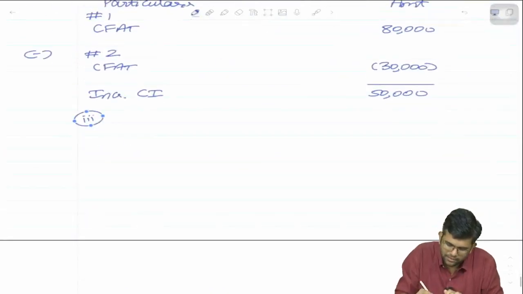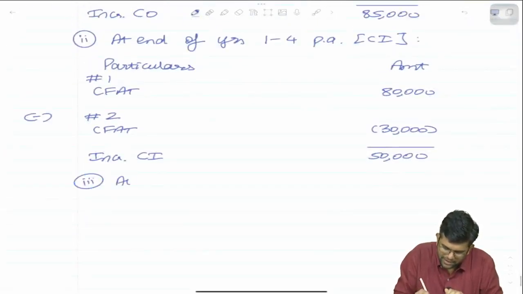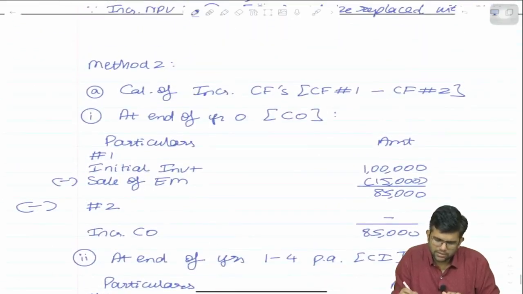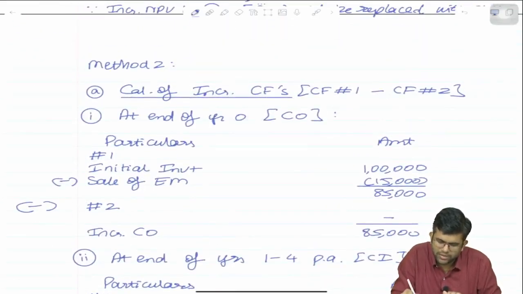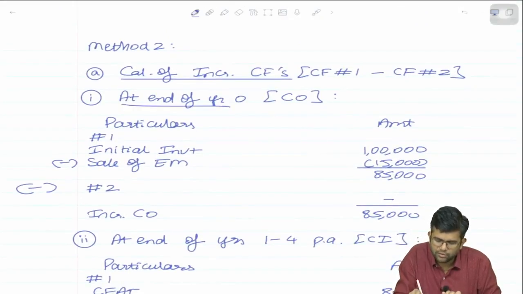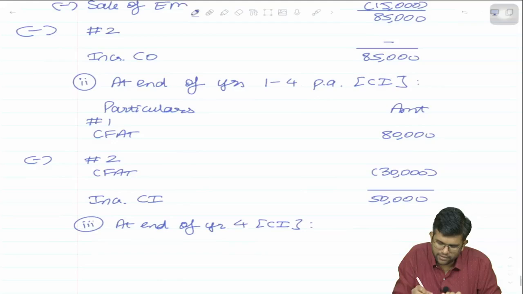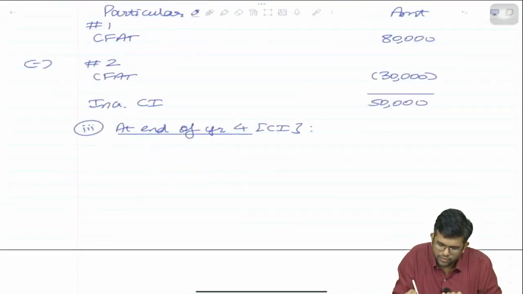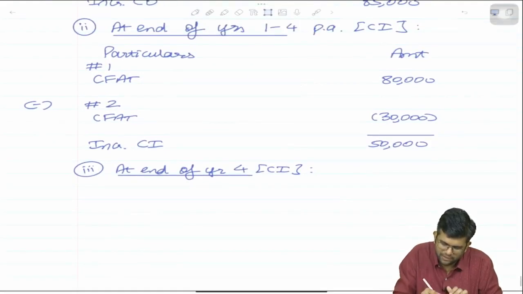So I'll write here at end of year 4, again a CI. Now what are these points? I am calculating incremental cash flows at end of year 0, at end of years 1 to 4, now at end of year 4. In that, students, what I will do is